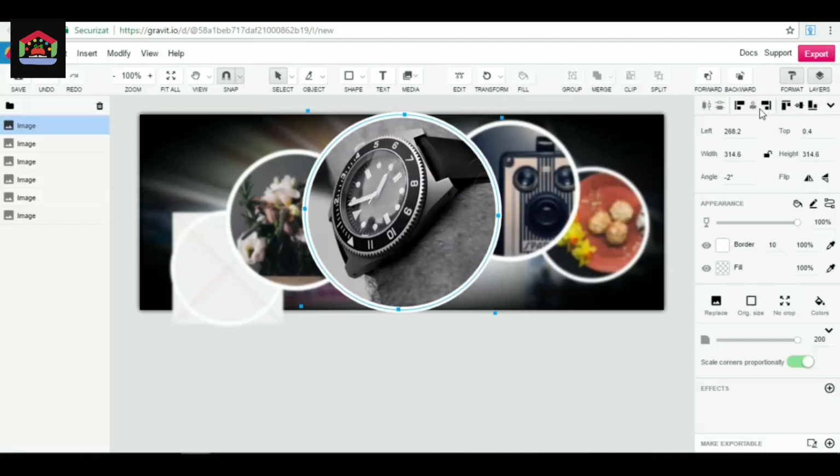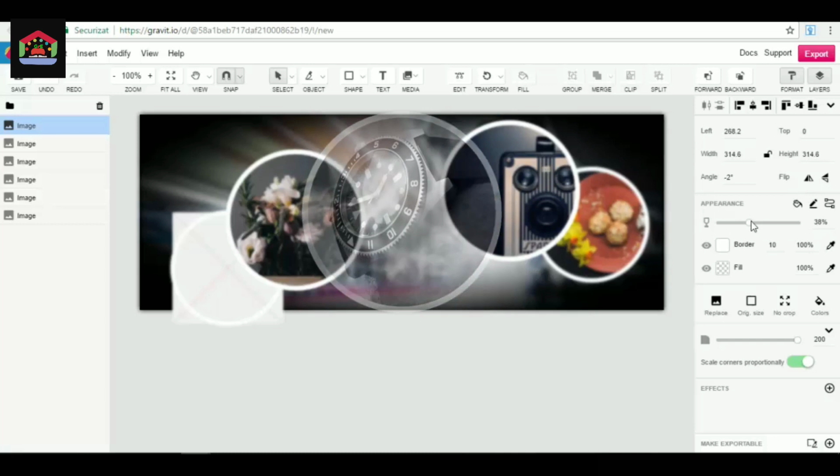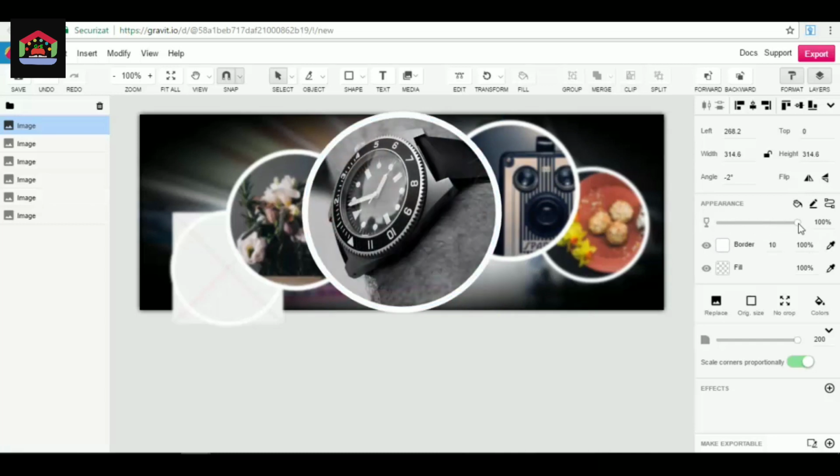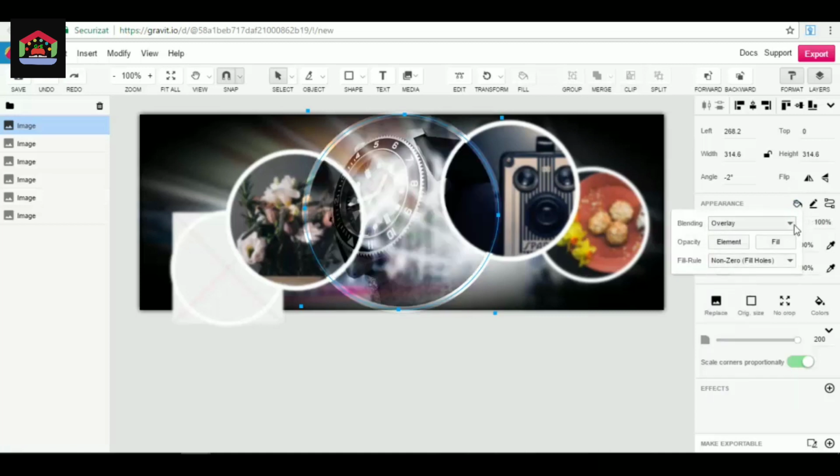As you can see, you have different position stages here. We want it in this place, okay. We can flip it horizontally, flip it vertically, it just depends on us. Then we have the appearance options here, okay, we can set the transparency from here, just drag and drop. We can advance, we have different filling options, okay, blending, overlay, for example, soft light,